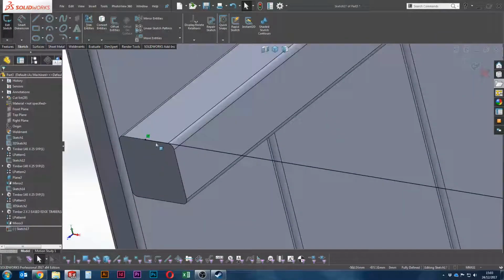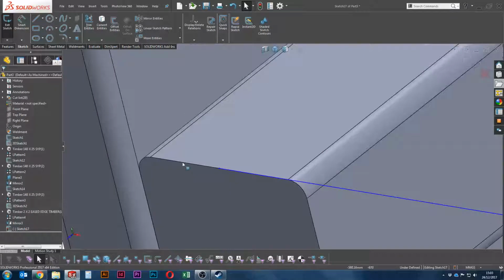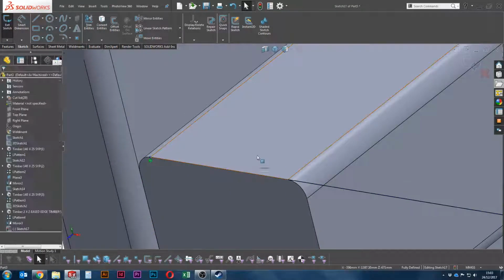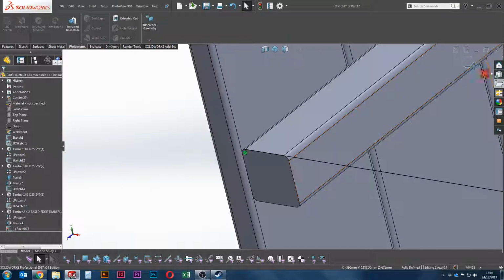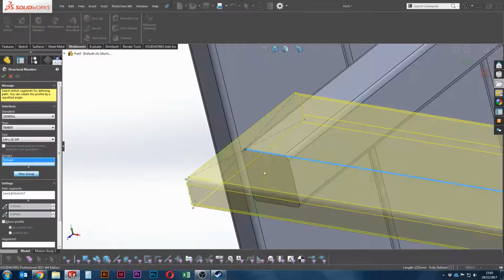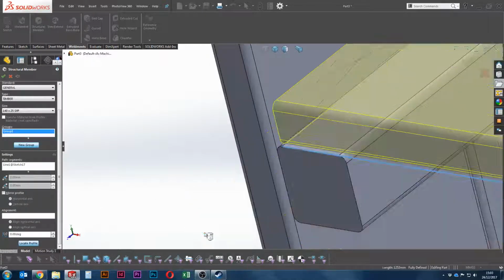I think this is on the mid plane. Ideally I would like it on that edge, and then close sketch, weldments, so then yellow timber, 140, it's about 25, click on that, locate the profile,